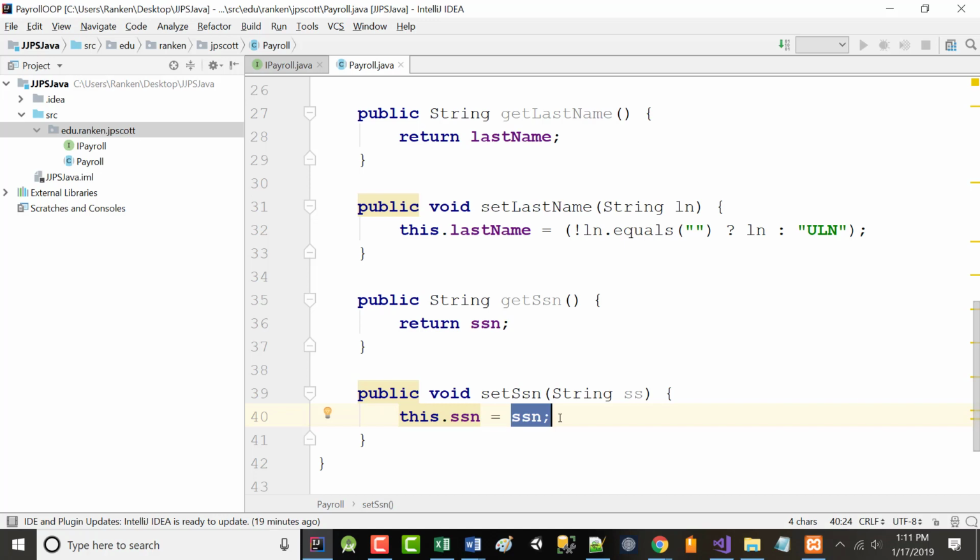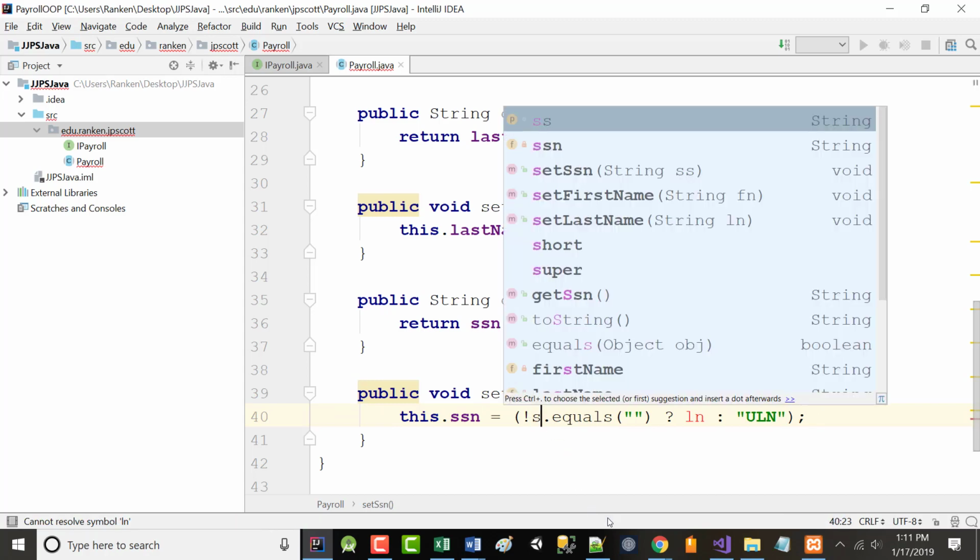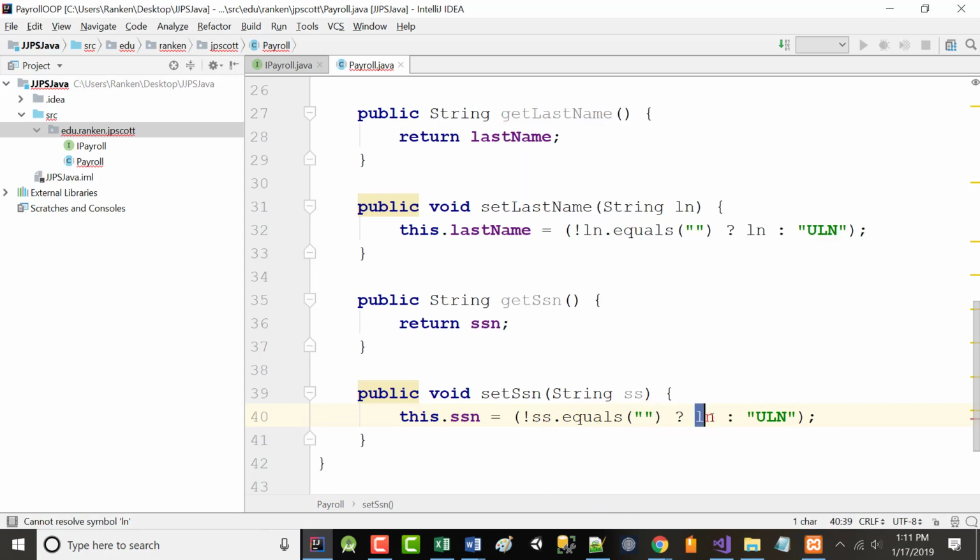See what I'm saying? But we're assuming that they know what they're doing, so I'm just going to put this as SS. All right, like that. So far, it doesn't really look very different from what we've done before. Hopefully, you'll agree with that.